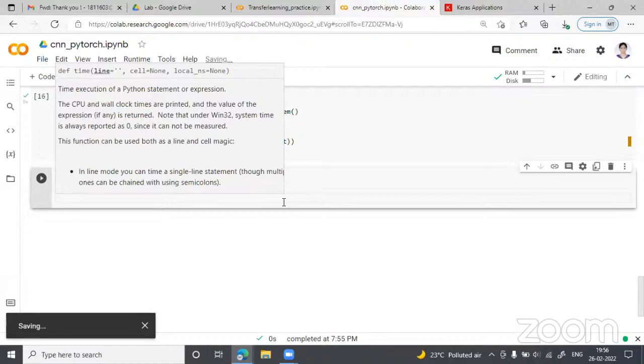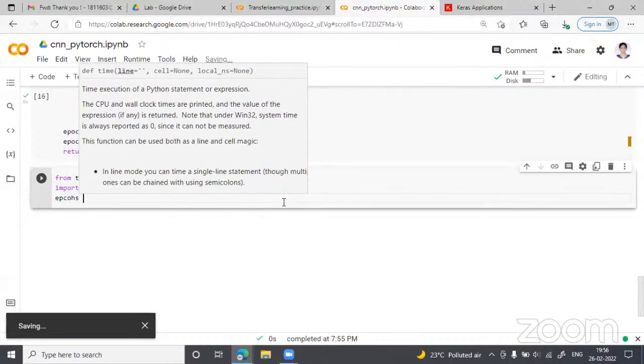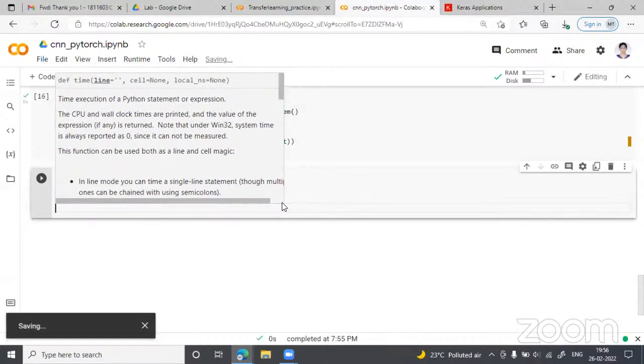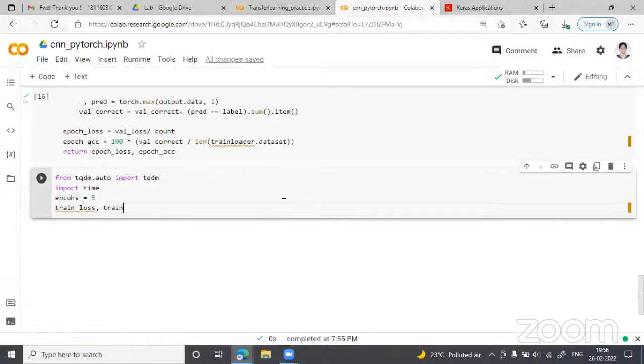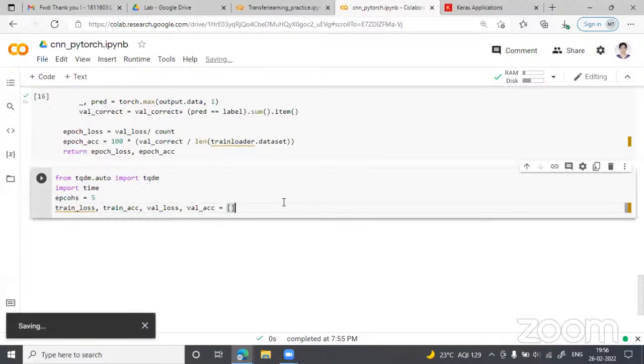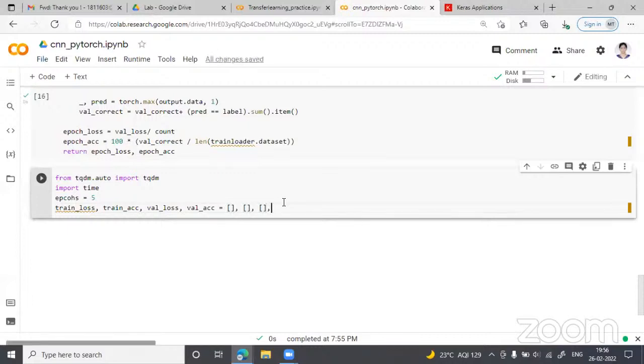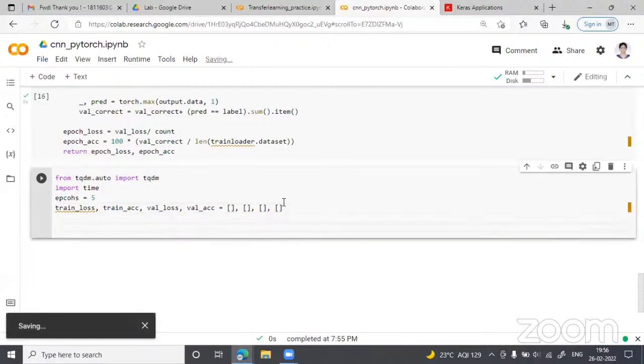Then you have to set the hyperparameter, that is the number of epochs. We are going to use 5 epochs. Then some more variables we are going to create, like training loss, training accuracy, validation loss, and validation accuracy. So 4 lists will be created, one for each. Next is to start the training. You have to write a for loop. So for epoch in epochs,